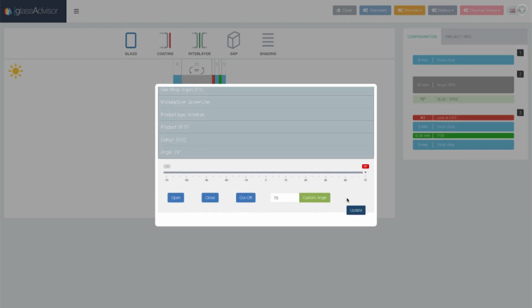The last option, specifically for Venetian blinds, is to select the tilt angle. Always note that the maximum tilt angle is defined by the producer because it depends on how the shading device is built. You also have some quick options in case you want the slats to be horizontal, closed, or in cutoff, which is basically the maximum opening for which the sun doesn't pass through the slats. And let's remember that, according to the norm, the simulation is always performed with frontal sun.